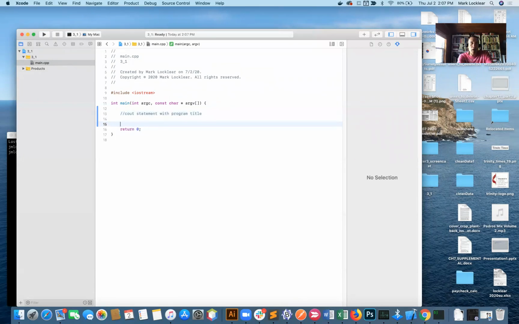All right, then we're going to get input from the user, and of course this is going to be, I'm just going to say, get number grade. Now there's a couple of things encompassed in this single task. We're going to need a variable to hold the number. So number might be a good name, and then we're going to need a cout statement